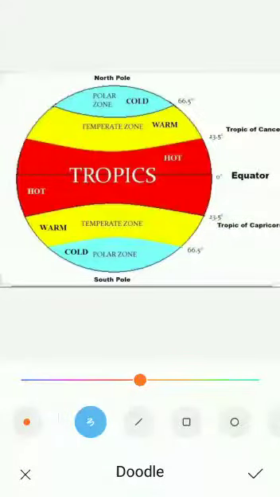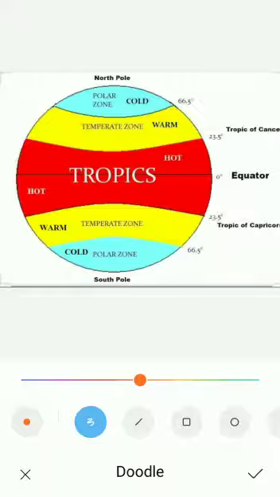Heat zones of the Earth. The amount of insolation received by the Earth's surface not only varies from place to place but also from season to season. Here the amount of insolation received by the Earth's surface starts decreasing as one goes away from the equator towards the poles. Now on the basis of the amount of heat received, the Earth has been divided roughly into